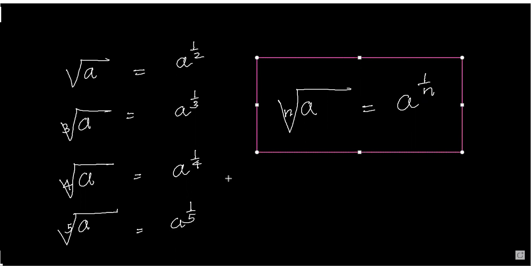Okay, now shall we do the simplification by using this relationship? Now I will clear this. Now we'll see the usage of this relationship. As an example, find the value